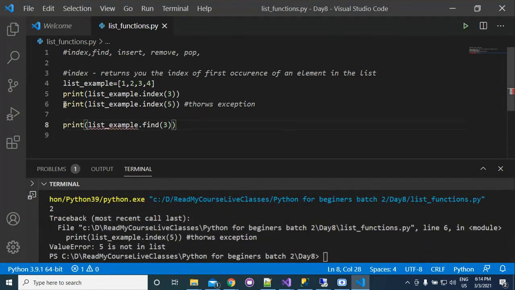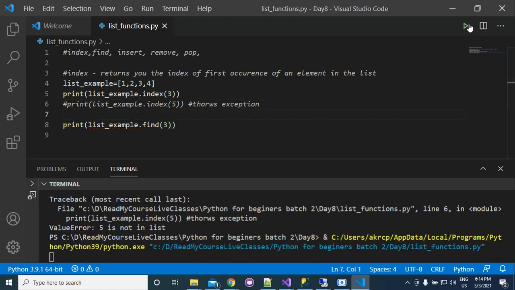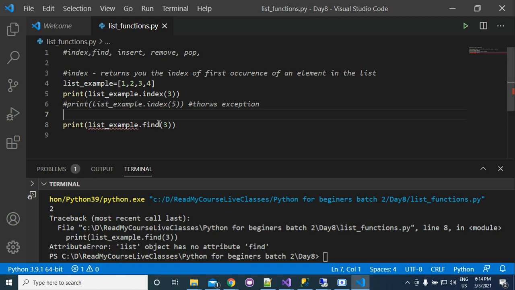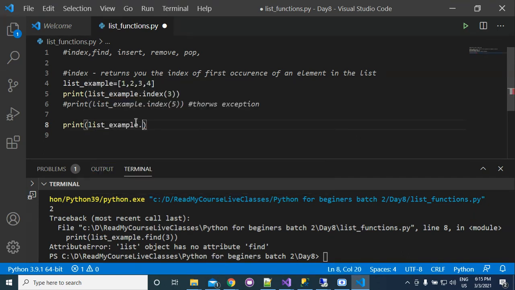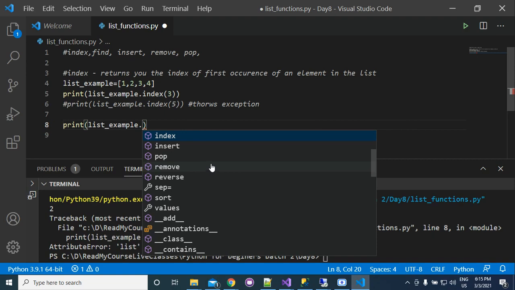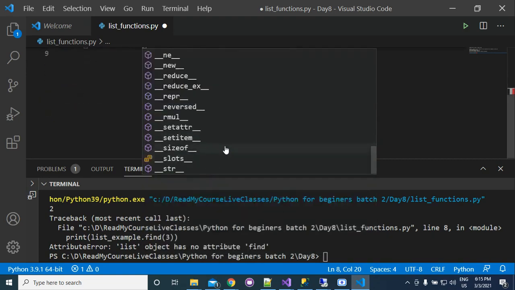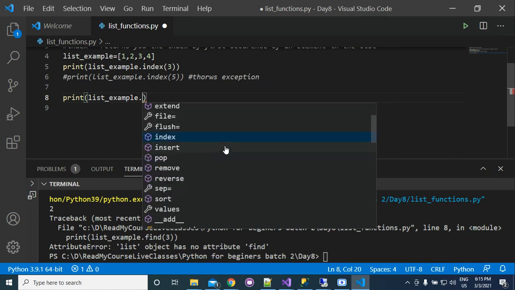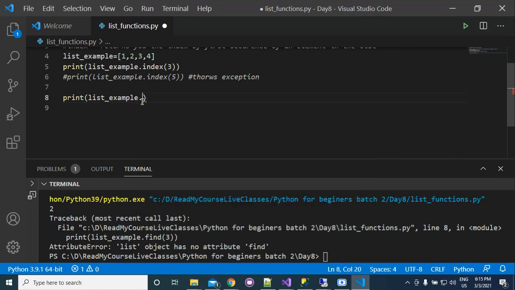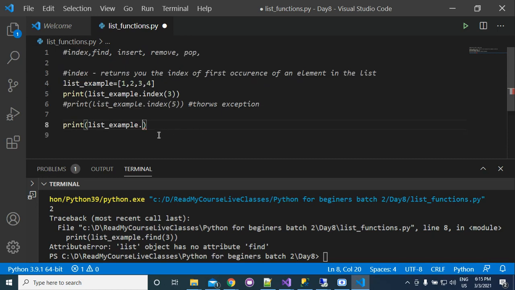But now you can see that it is giving you an error. So this find is also not working. I think find doesn't work on a list in this case.